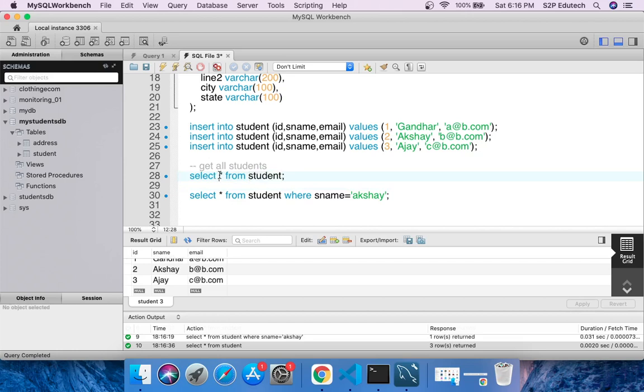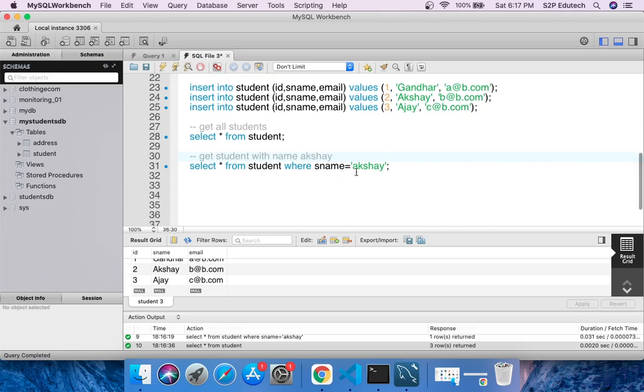So generally we use star in that case to get all the fields, right, and if we are not providing any where clause, then we would be getting all the rows which are present in that table, right. This particular query is get student with name Akshay, right. This is the second query.